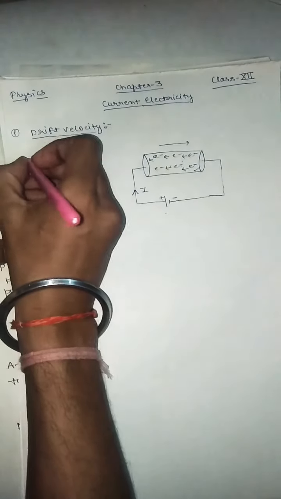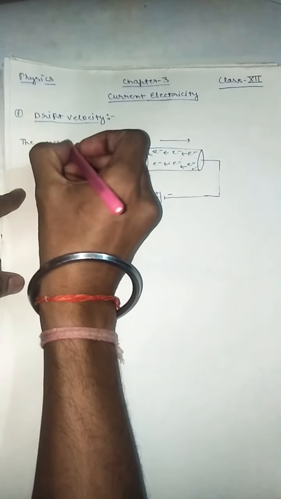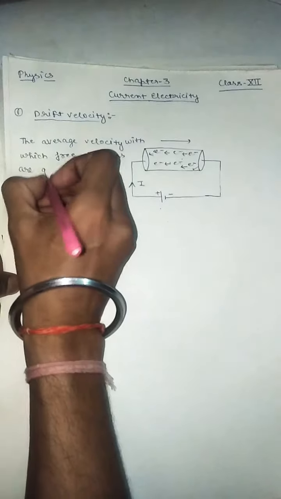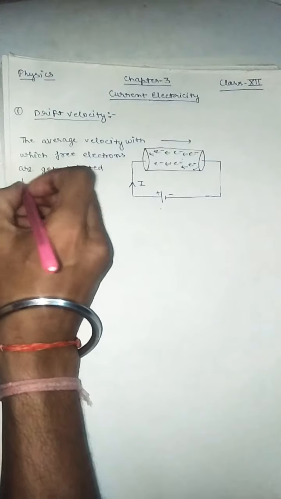The average velocity with which free electrons are drifted towards the positive end of the battery,